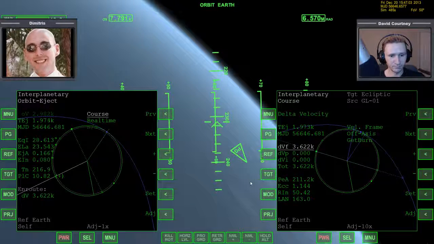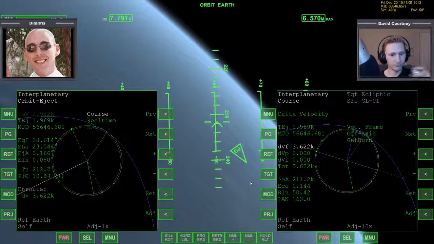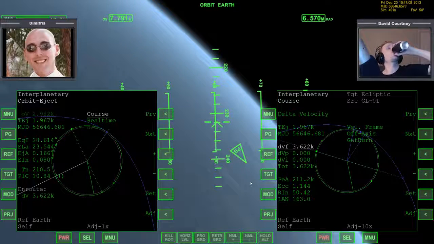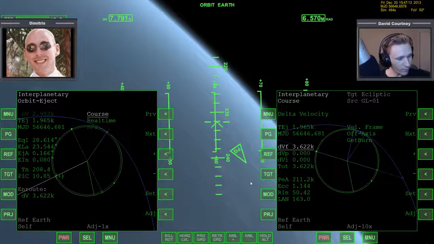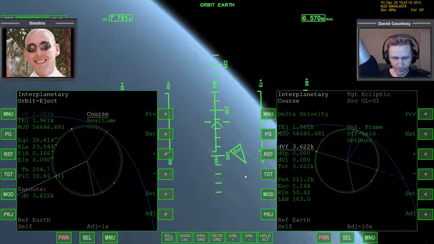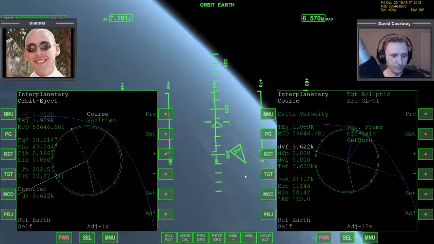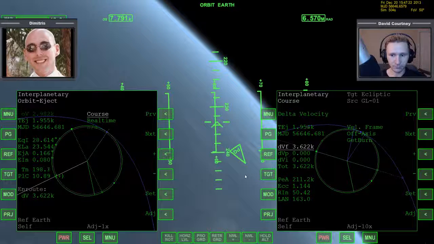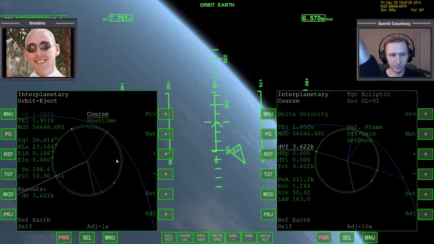So now you can also see this angle over here. This is actually how long the burn will take. It will start burning here, and it will end the burn there. And you can tell that by looking at this angle over here. But anyway, now we need the map program on the left side in order to see exactly where this burn